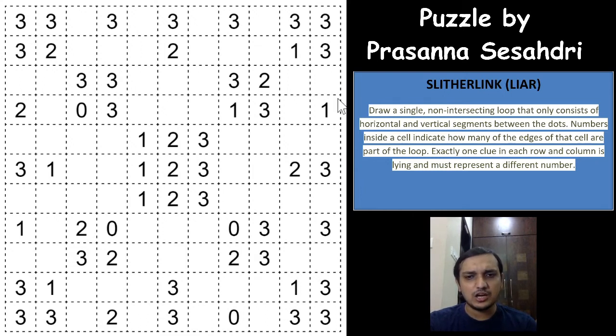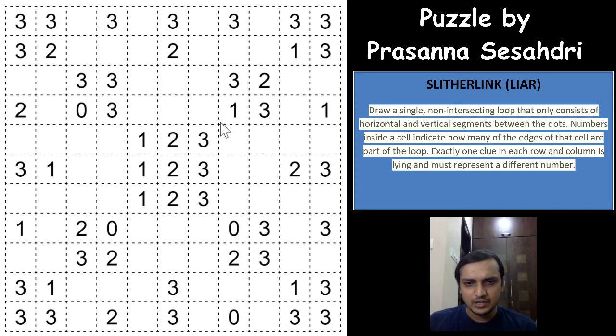Coming on to the puzzle, according to the rules, we have to draw a single closed, non-intersecting loop. So a single closed loop that doesn't intersect itself at any point, or pass twice on the same segment, and the numbers in the grid indicate how many of its edges are part of the loop. So if it is a 3, out of these 4 edges there will be 3 which are part of the loop, and this won't be a part of the loop. Same way, if there is a 1, then there is only 1 edge out of the 4 that is part